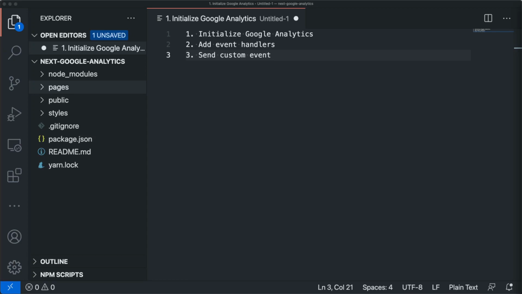In this video I will show you how to add Google Analytics to your Next.js application. We will first need to initialize Google Analytics, then we need to add some event handlers to send data to Google Analytics when user navigates between pages on your website. Then we will also see how to send custom events to Google Analytics, such as when user adds an item